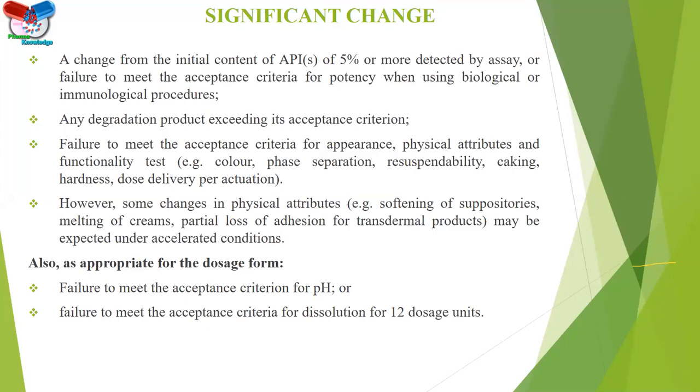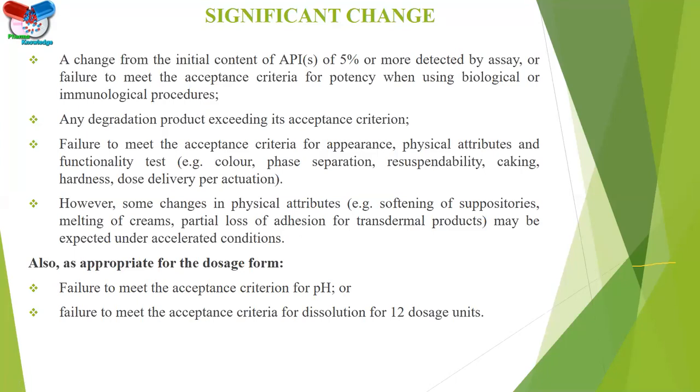For the product dosage form, it is a failure to meet the acceptance criteria for pH or failure to meet acceptance criteria for dissolution for 12 dosage units. From where do the 12 dosage units come? It means in dissolution, at the minimum required first stage, you check the dissolution with 6 dosage forms. If I got any discrepancy or out of specification, then I should go to stage 2, like S2, L2, as defined by the dissolution chapter of USP.